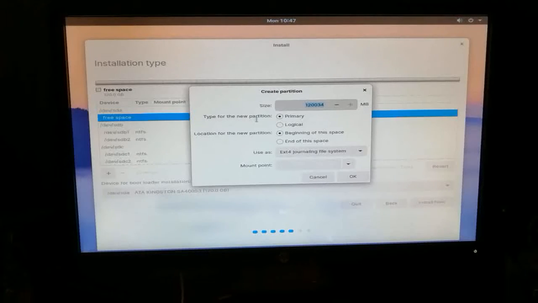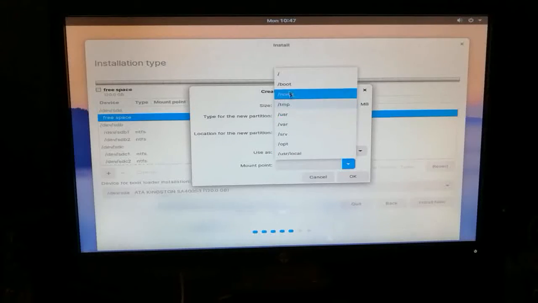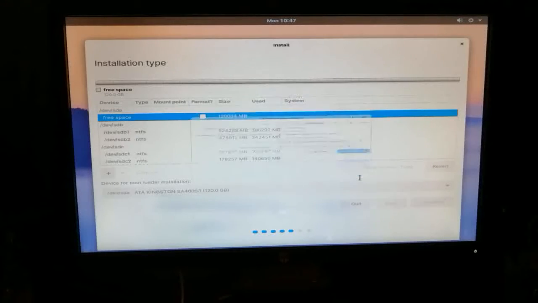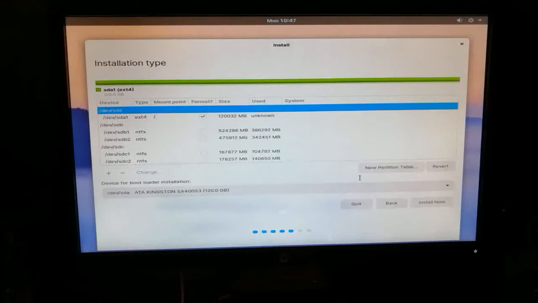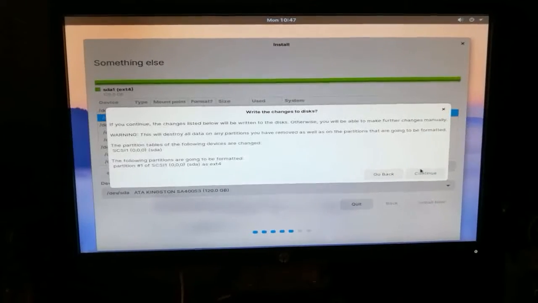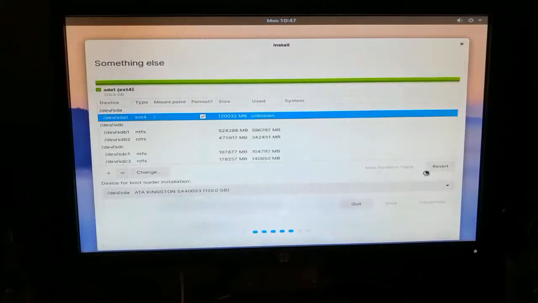The type of the new partition is primary, and the location for the new partition is the beginning of the space, and use as ext4 journaling file system, and the last one is mount option. Simply click and choose the first one for the booting option, click OK, and after this select this one and install now, and click on continue